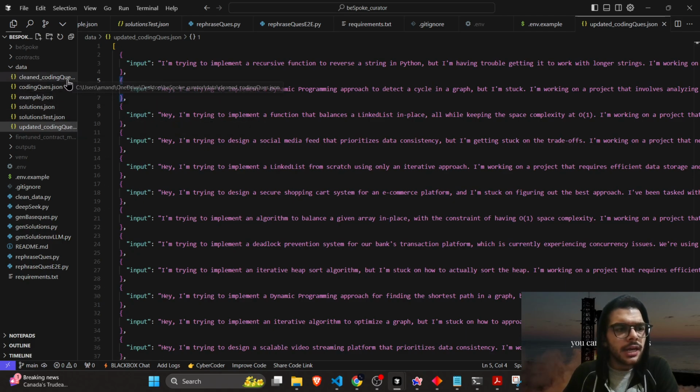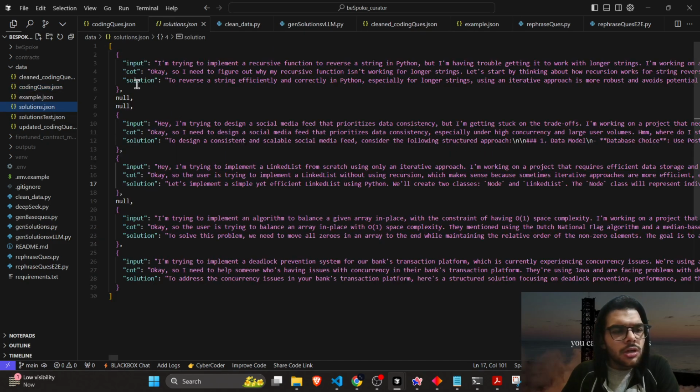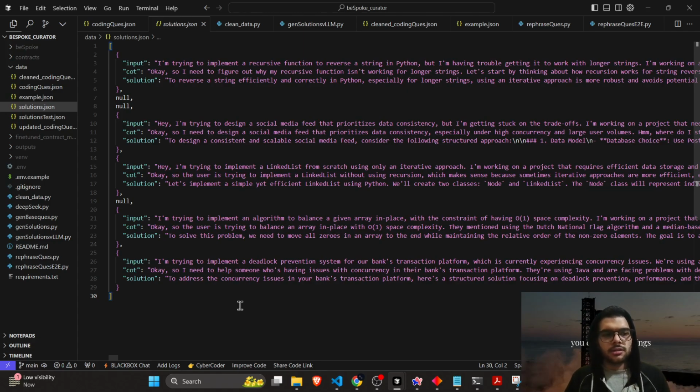Then after this, I went on to a distilled model and I generated, this was my input which I generated before. Then the R1 distilled model, which I was using as Qwen 14B, generated the chain of thought for that, and then it also generated the solution. So this is my data set. This is a smaller data set, a dummy one, but the actual data set would be a much larger one.